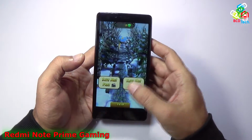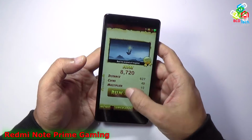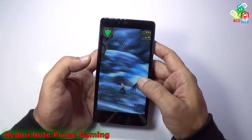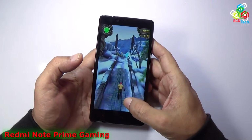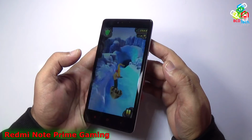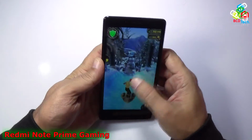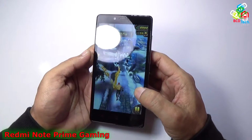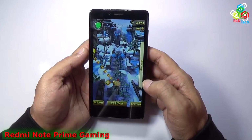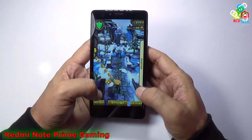Now if you see the Temple Run 2 on this phone, you can find that there is no hang, there is no lag, and the viewing angle is very good. There is no problem while holding the control on the phone. There is no issue while playing the game. The touch is very responsive. So you can see that this game runs without any problem on this Xiaomi Redmi Note Prime. Now let's quit that game